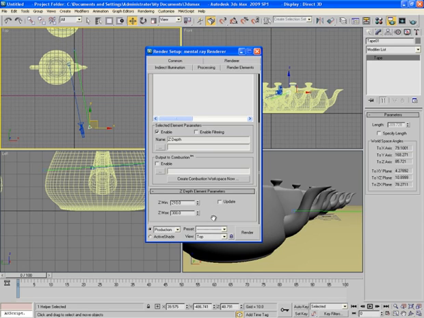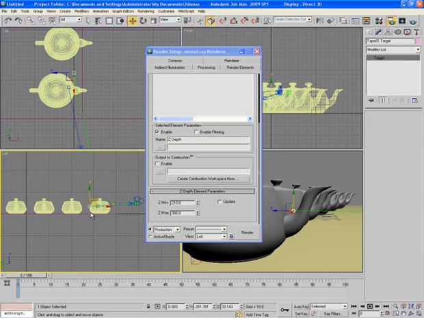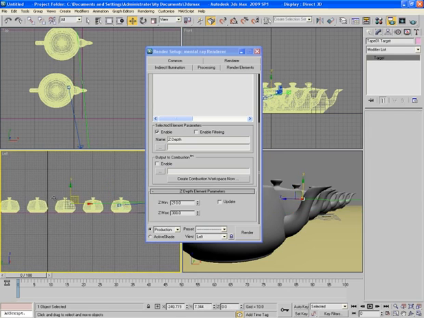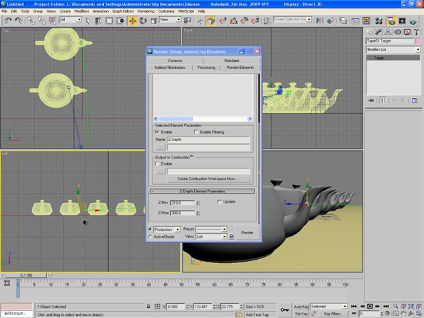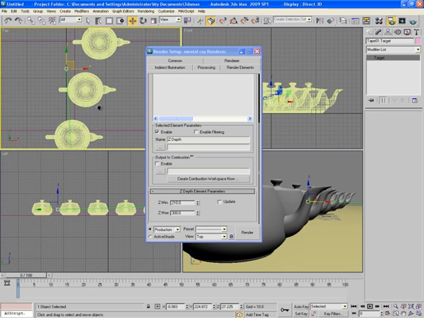And now let's determine the maximum Z value. So pick the tail of the tape and drag it till here. And I want this to be maximum.